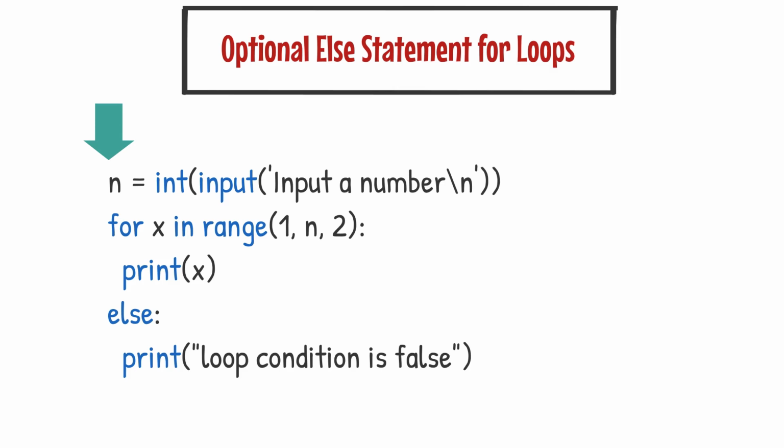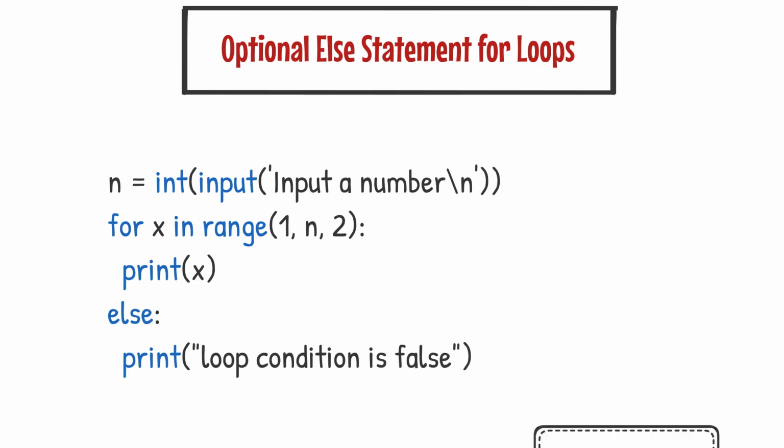This variable n is then used in the range function with a start value of 1, step value of 2 to generate odd numbers all the way from 1 to the number n, but not including n. And then we finally print those numbers. If the sequence is exhausted, then it will not enter the for block anymore, at which time it jumps to